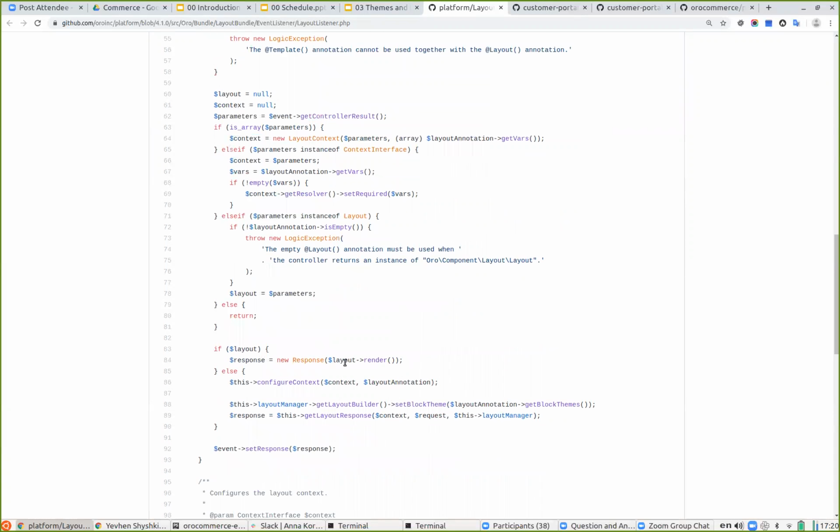And we are collecting the context, we are creating our layout, and we are simply rendering this layout later. So we have a new response with the layout rendered here. Or there is another way you can do it. You may use the layout builder with the layout manager and pass the options, pass the context, pass the parameters, and